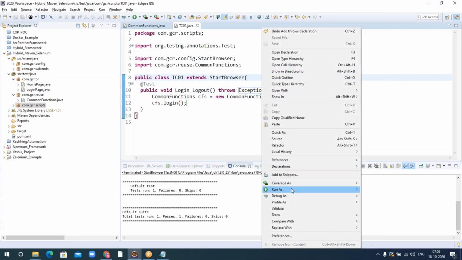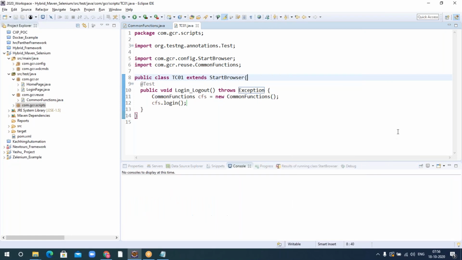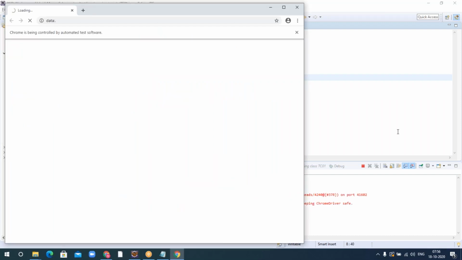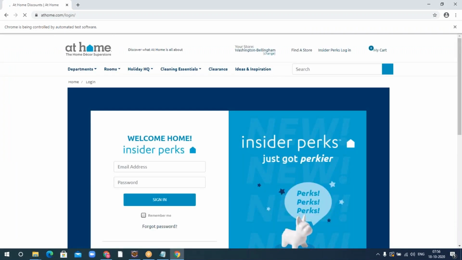Running this one, run as TestNG test. It will navigate to login, and then it will enter username, it will enter password, and click on the sign in button.